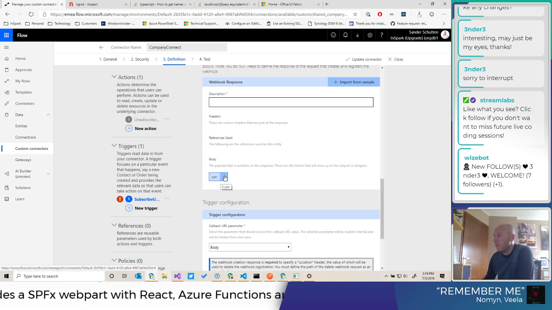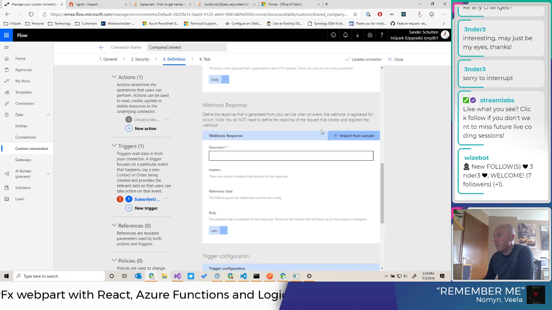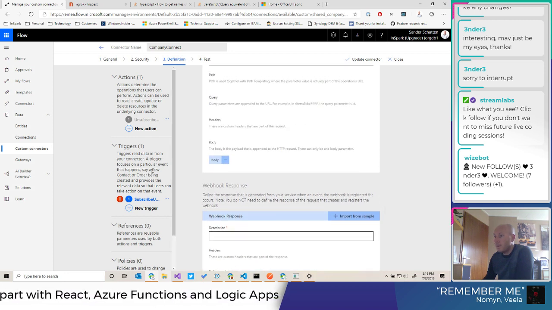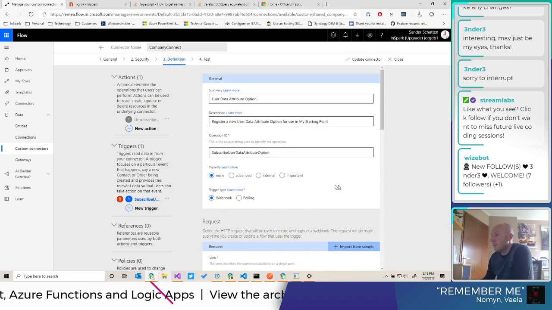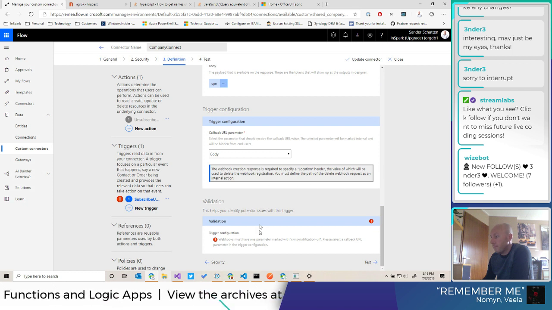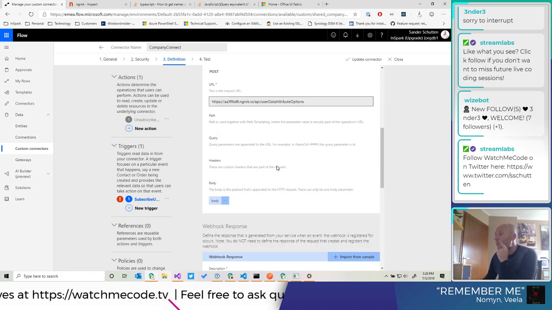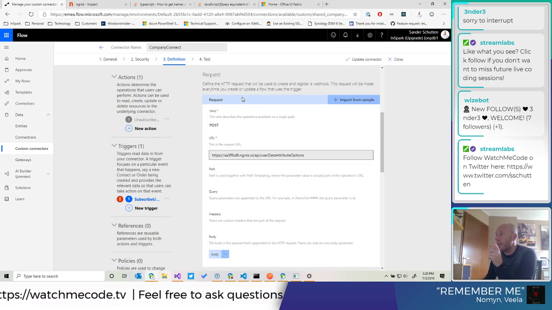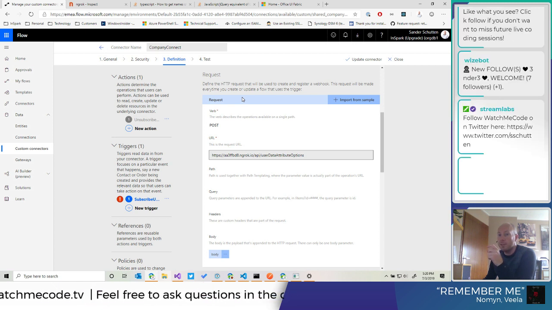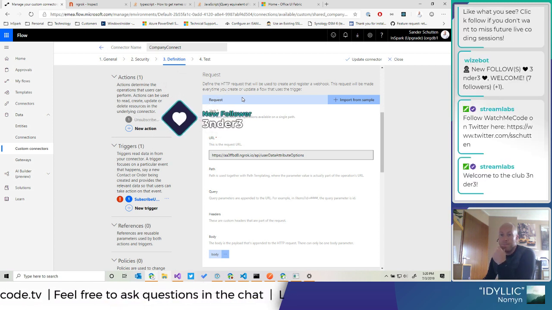In the webhook response. Not it. Subscribe user. Webhooks must have one parameter marked as x-ms-notification-url. Please select the callback URL parameter in the trigger configuration. Okay, because I updated the request. So when you use this custom connector